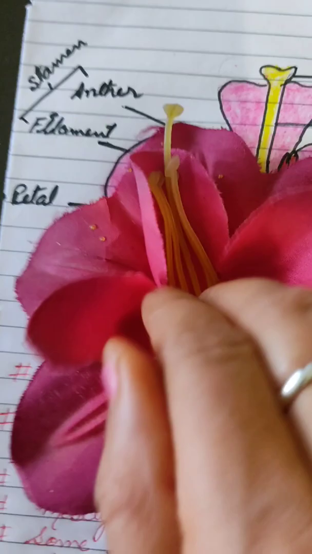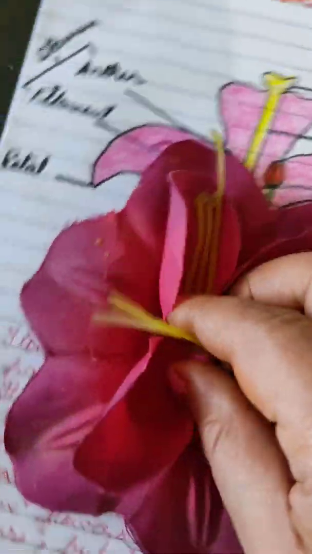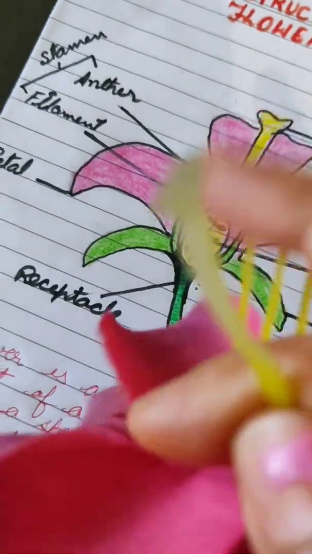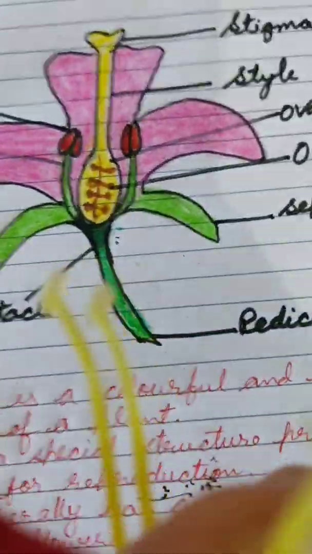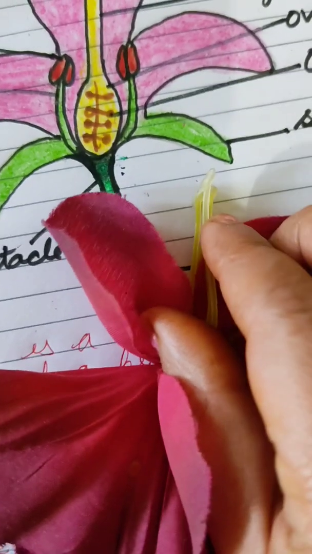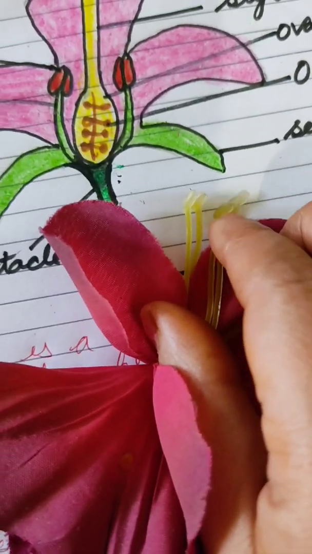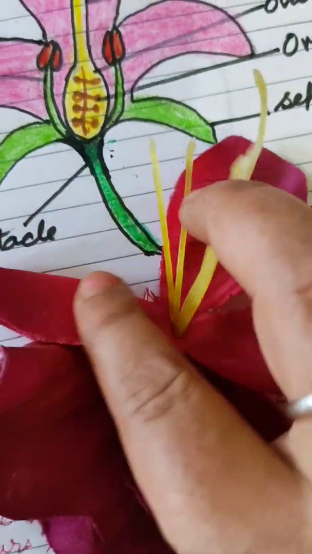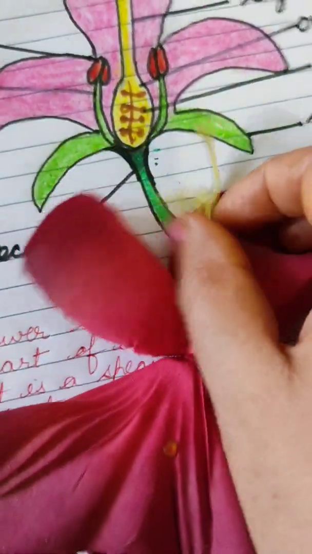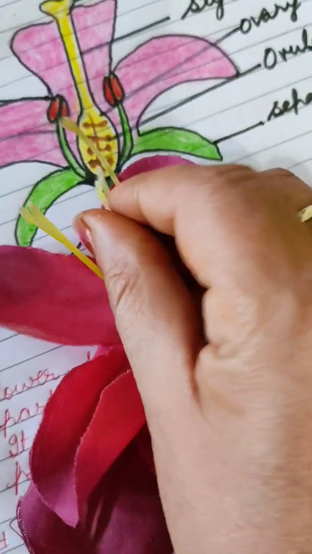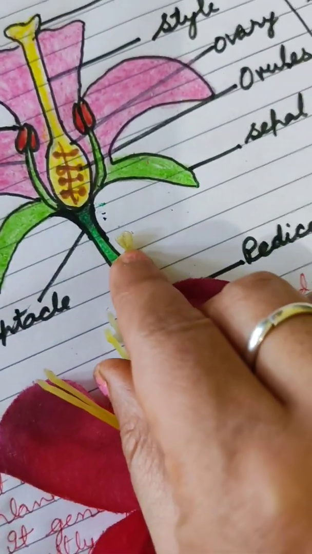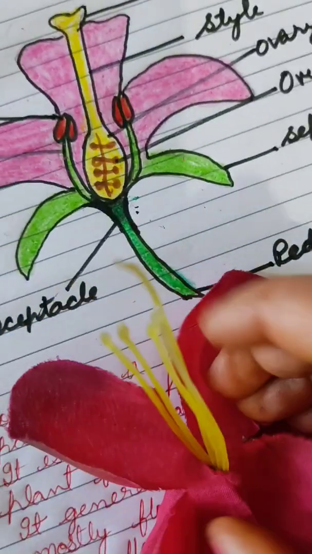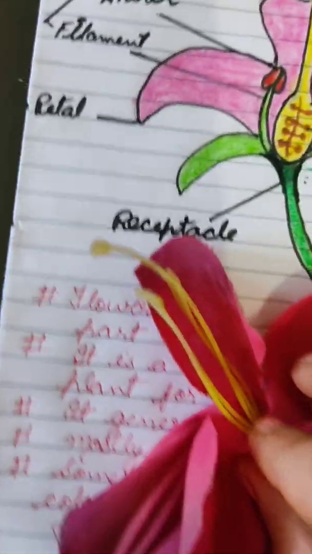And when we look inside the flower, these are the stamens. Here you can see the stamens easily, and the stamen has the anther at the tip, and that is the filament, like this. And in the center, the female reproductive part is present, and it is the stigma. Yes, this one. It is the stigma, then the style, and at the base the ovary is present.